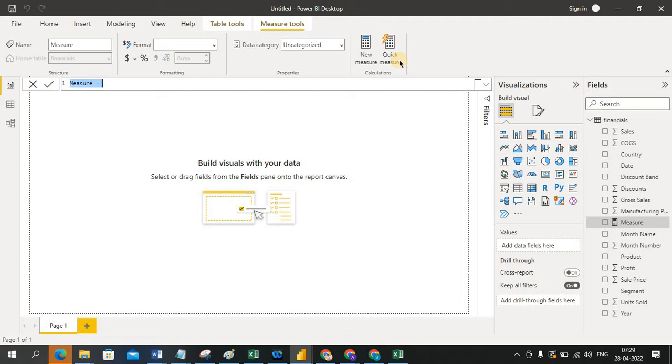I am giving the measure name. The measure name is total sales. Total sales equals, this is my new measure name, total sales equals sum. So when you start, this is very important, the syntax of the DAX which you are going to